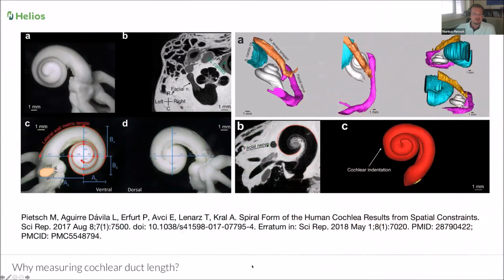Well, first, why do we measure cochlear duct length? And we already heard a lot about the variability of the human cochlea. And we studied this topic at the MHH, the Medical School of Hanover, in corrosion casts of the human cochlea. These are images from a very nice publication we published in 2017